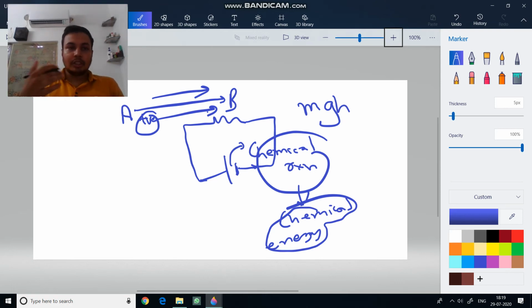Slowly, because of the research and tremendous efforts of the scientists, electrons, protons and neutrons, all these charged particles were discovered. And first of all, I told you that a proton is around 10,000 times heavier than an electron. Then you think which charged particle should move in the current, proton or electron? Electron. Why? Because it is very light and it is easier for it to move. So electrons move, and because of the movement of electrons only, there is a direction of current. But as it was followed for centuries, the fact that the electric current is in the direction of positive charge doesn't change. It still remains the same.